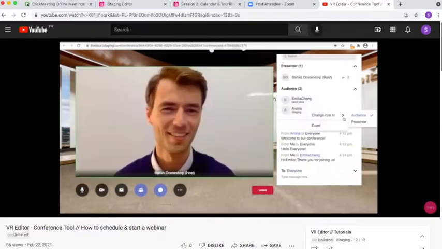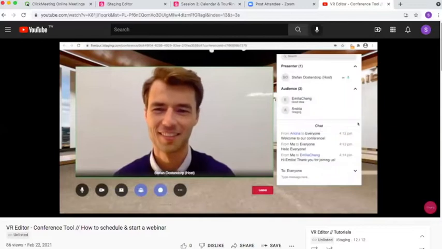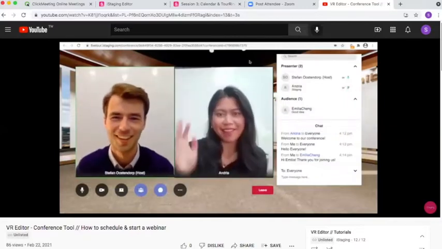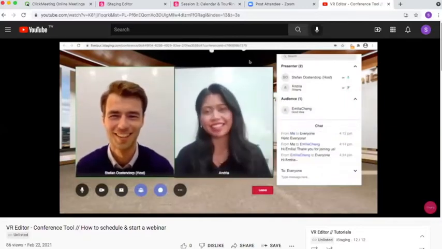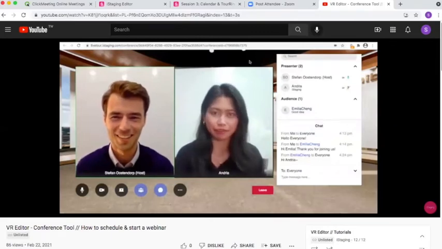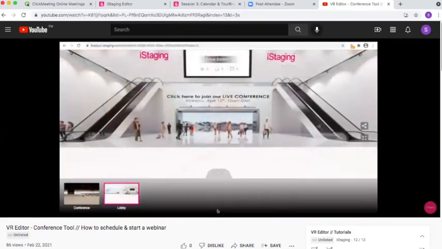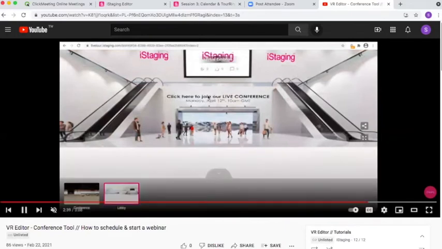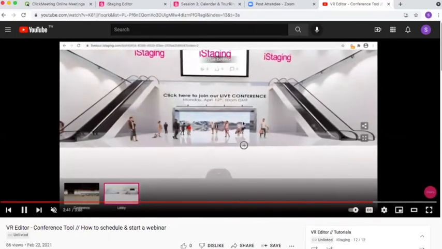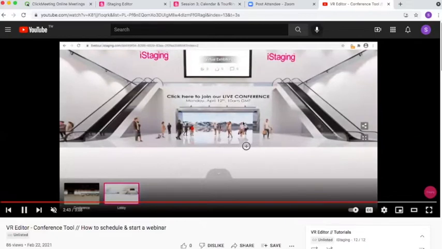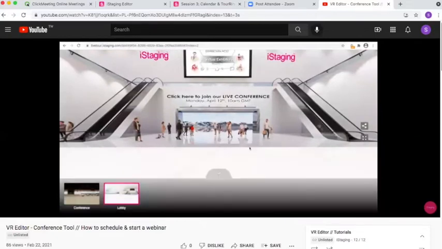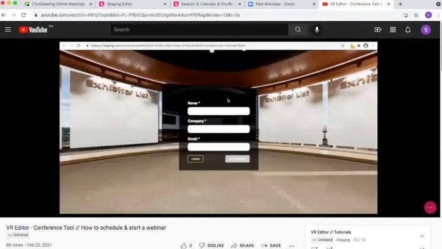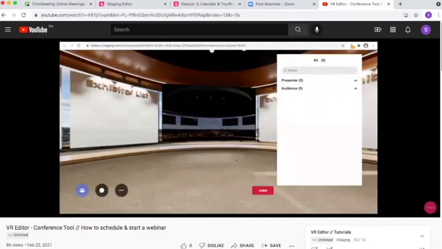You can make them presenters, and then they have the same functionalities on their screen. Here you can see that I'm inviting someone to co-host with me. And here you've got an example of embedding that conference link within your virtual experience. So pretty straightforward. And then for the visitor here, they will have to enter their name, company, and email, and